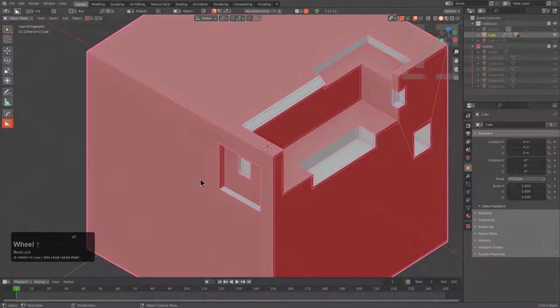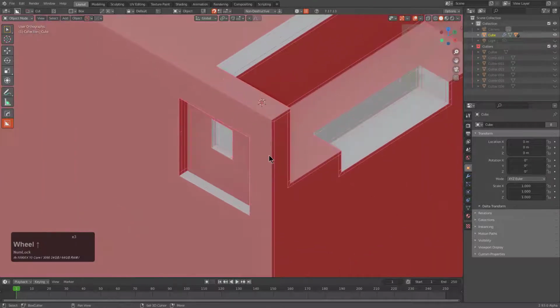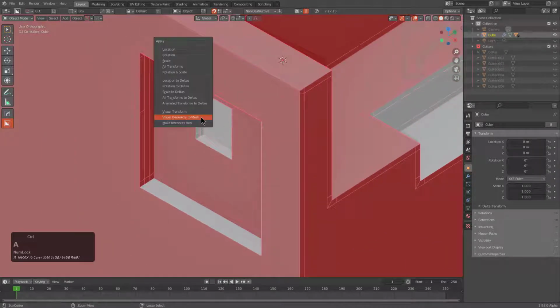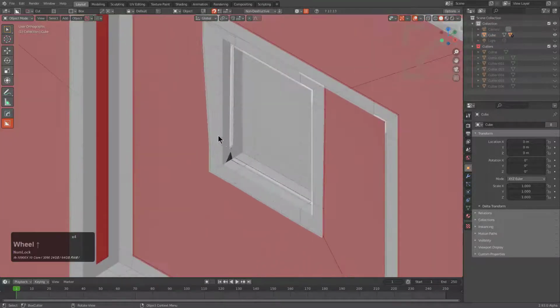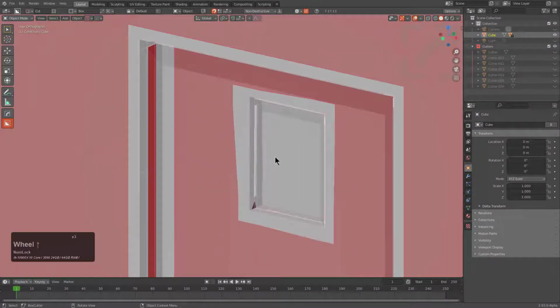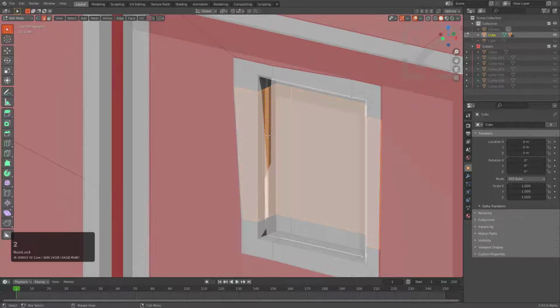If you have modifiers on it, it won't actually update to let you know, and that's because it'll just get too slow with the depsgraph at this time, according to testing. So let's just press Control A, visual geometry to mesh, and we see that everything is now protected by a perimeter. And these perimeters are all quads, except over here we have a little bit of